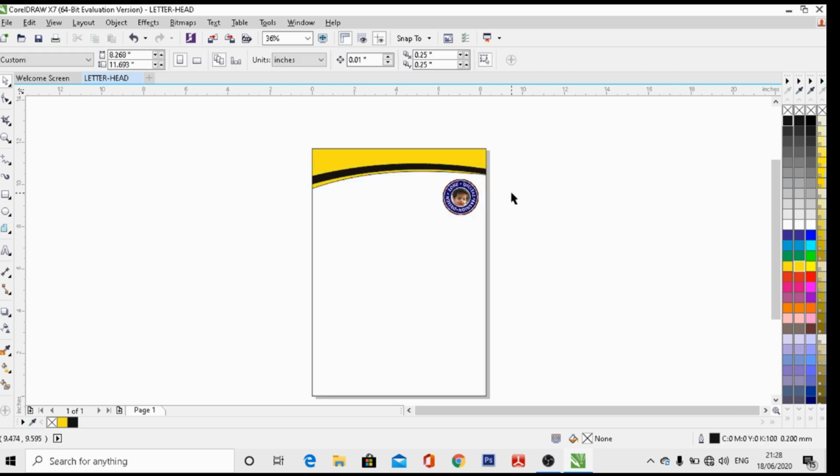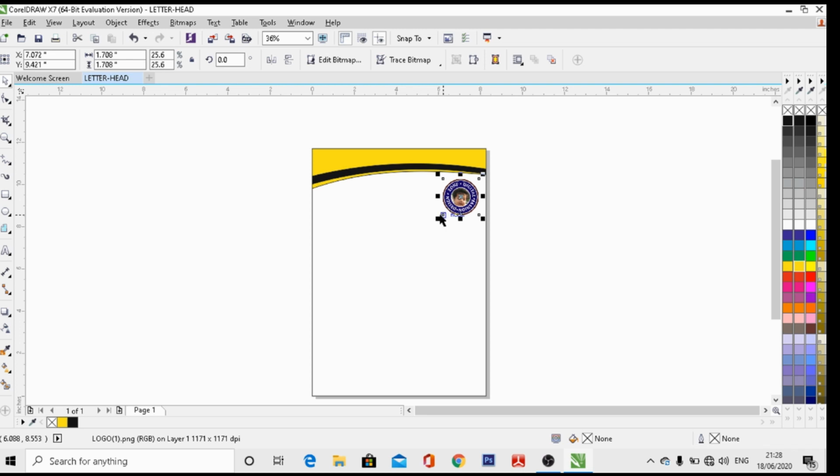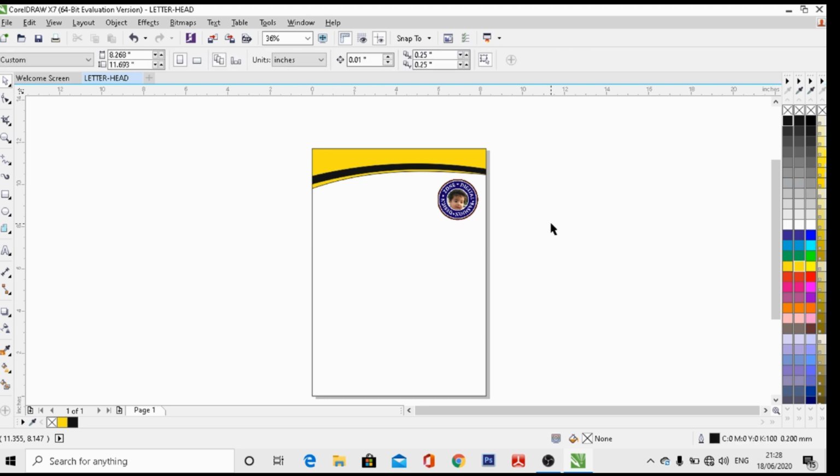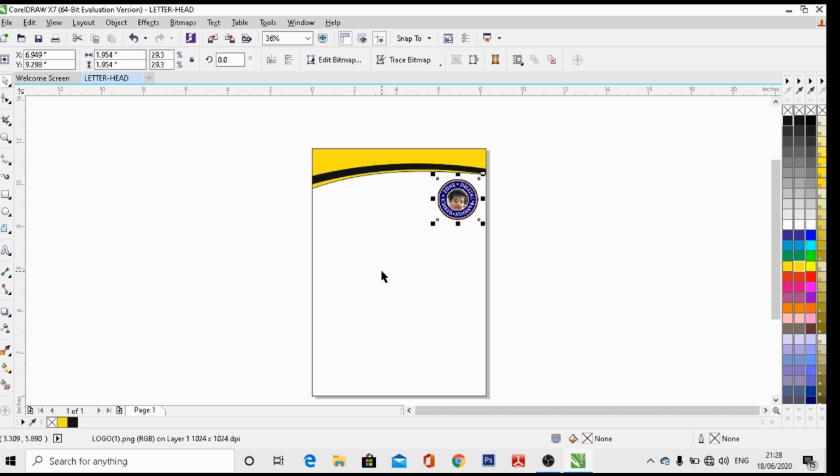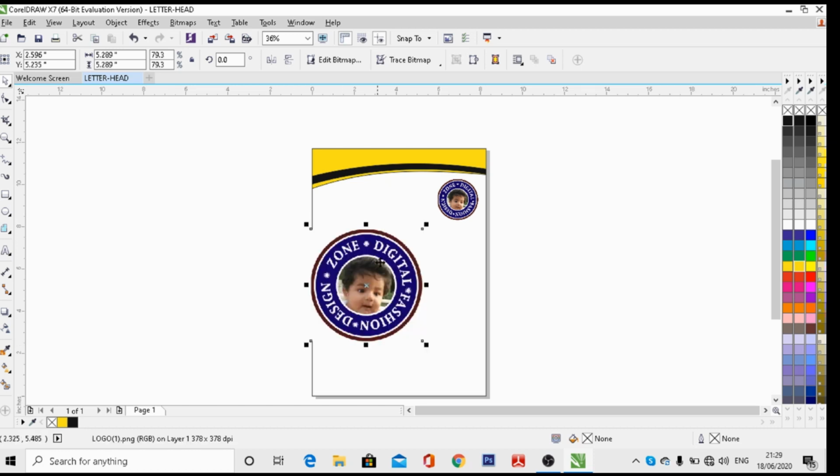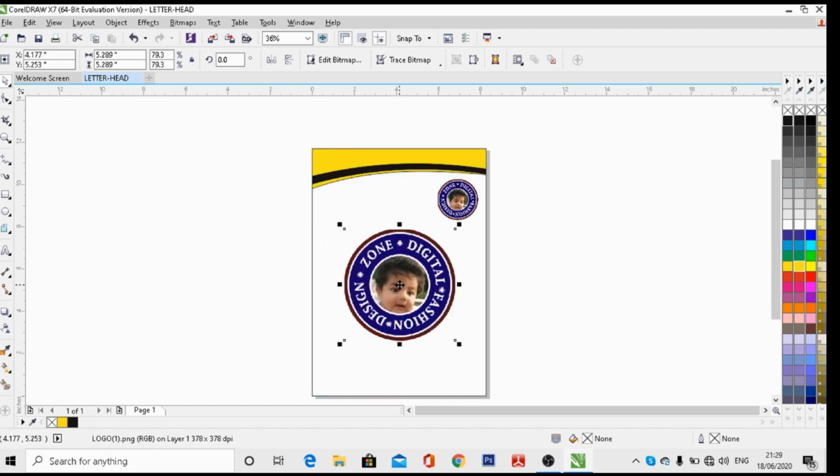Now you can see that very nicely your company logo has been imported and adjusted into the letterhead. If you want a duplicate of this logo, you have to select it by left clicking and press Ctrl D. Now you can see that another duplicate has been generated. Now we have to select the corner nodes, left click, drag and fix it to the center,